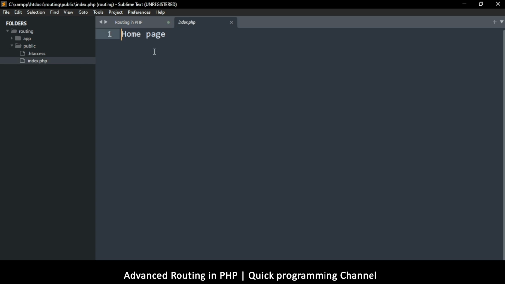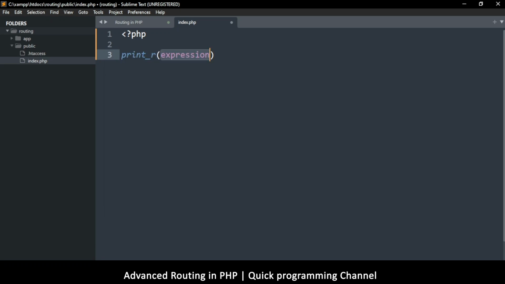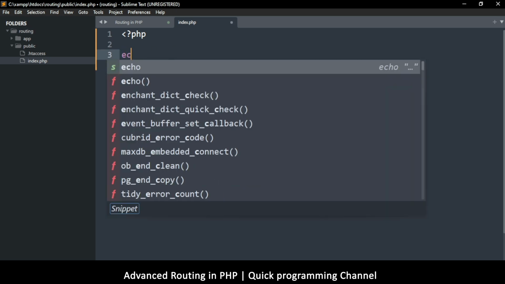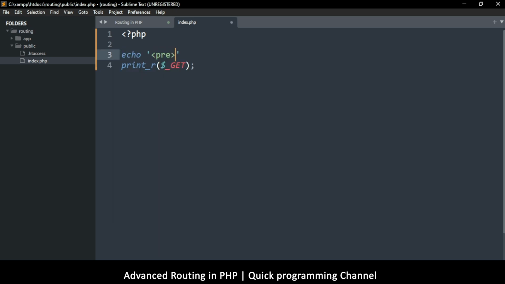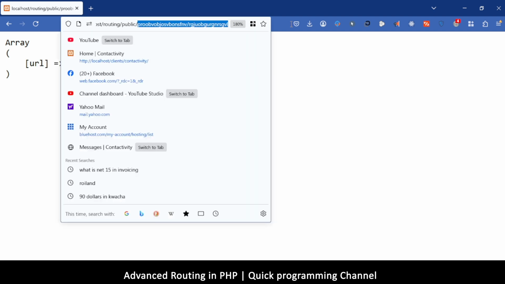And now in my index page here, I want to run some, oops. Okay. So in here, I want to add some PHP tags, and I want to print what's inside the GET variable, right? Inside the GET array, rather. Let me echo some pre tags for some nice formatting. And there we go. So now again, if I refresh, you see that it shows me what's inside my URL